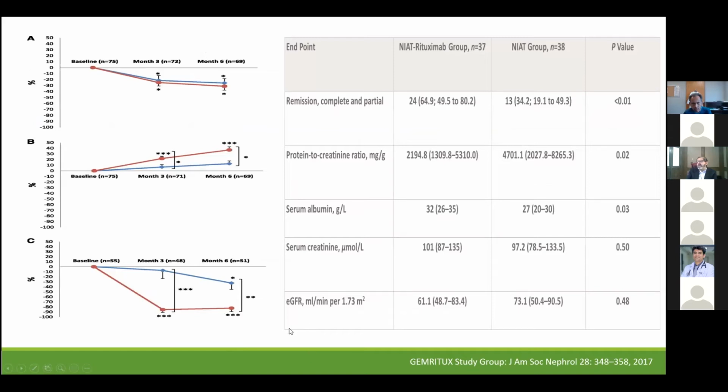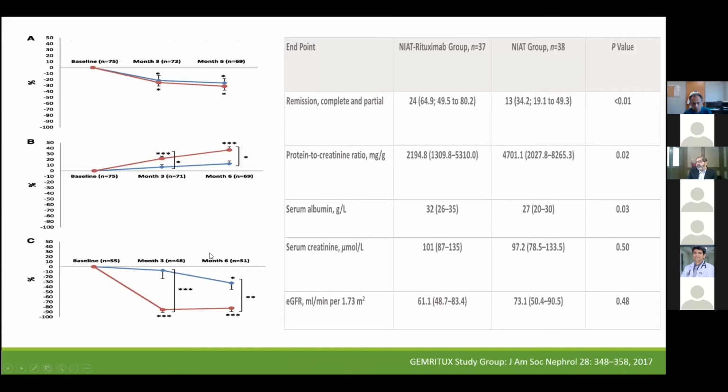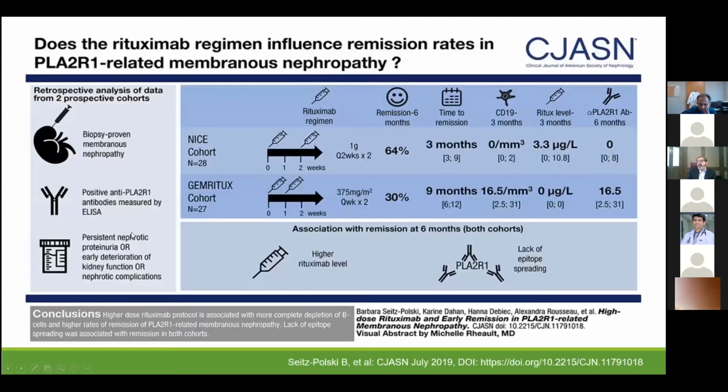However, the proteinuria remission, complete and partial, in the treatment group was in 24 patients, and in the immunosuppressive group was about 13 patients, and this was statistically significant. So the NICE cohort, the NICE group under Barbara Sykes-Polisky, which is another very active group in the science of